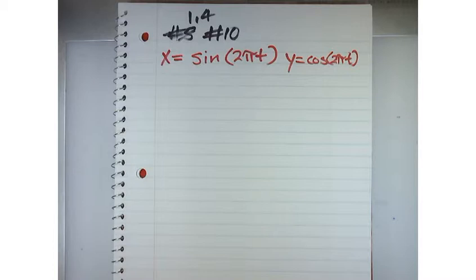y equals cosine of 2 pi t, and so what they're asking us to do, part A, we need to graph the curve, okay? And then part B, we need to find the Cartesian equation. So I'll graph the curve on my graphing calculator on my computer in a second, but let's try to figure out what the